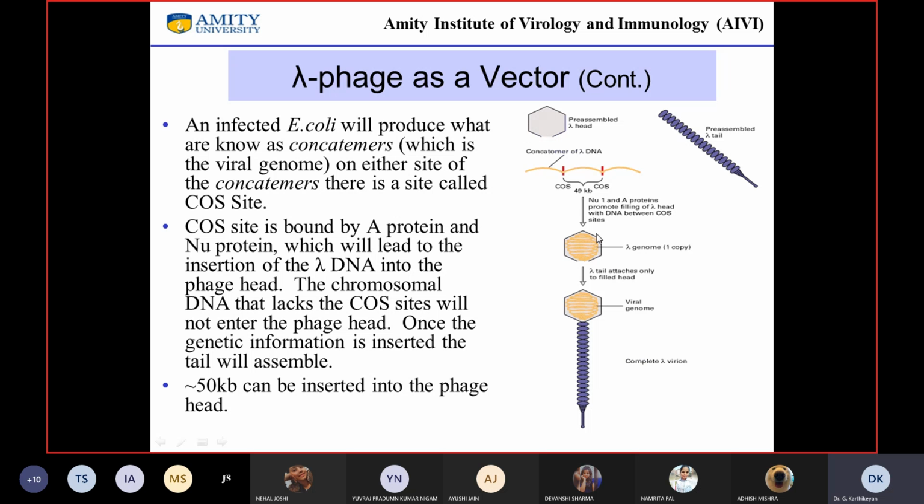That means you can have up to 20 kilobase pairs as additional DNA. Once this head is occupied with DNA, it fuses with the tail, and this results in the complete virion, which can now infect new bacteria.